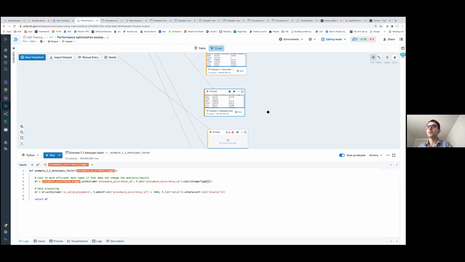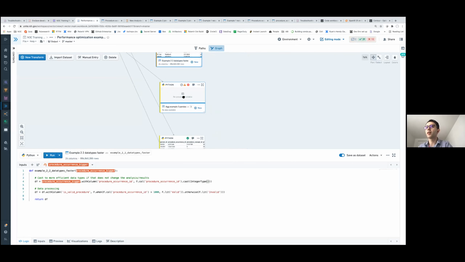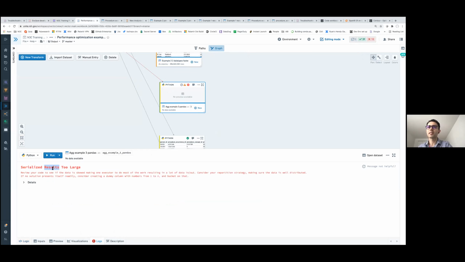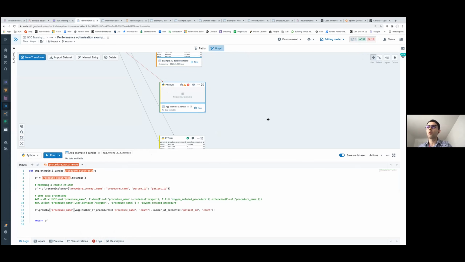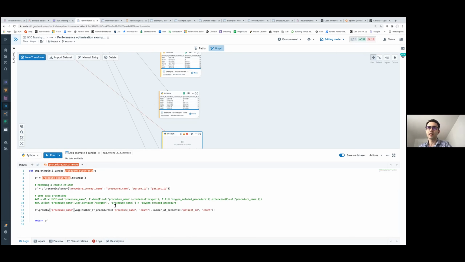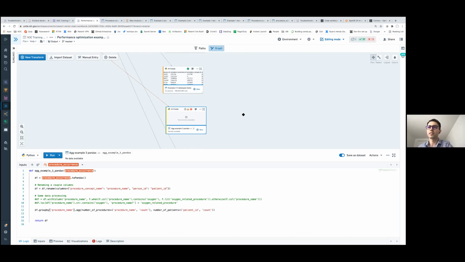So there's some examples here that I tried, where this is a simple aggregation using the initial procedure occurrence table that has about 19 million rows, where I'm converting the table into Pandas, and I'm using my Pandas syntax to do a simple aggregation. And that actually gives me a memory error and says the data is too large, while doing exactly the same thing using Spark, using PySpark in this case, on a bigger data set, ran in about 2 to 3 minutes.